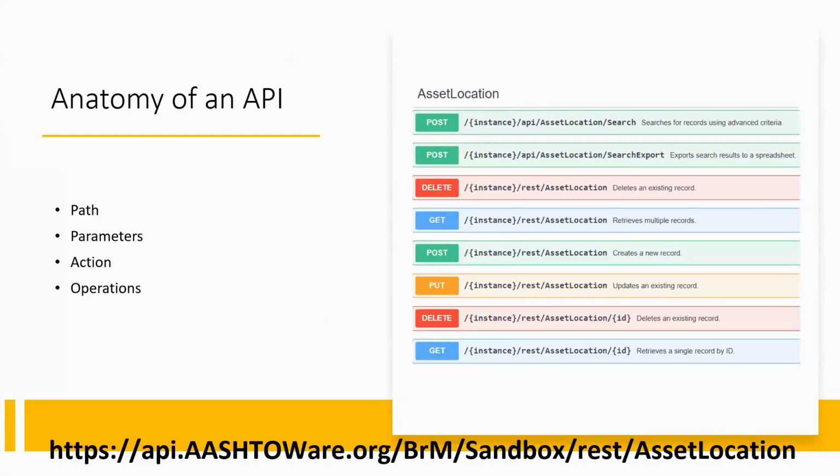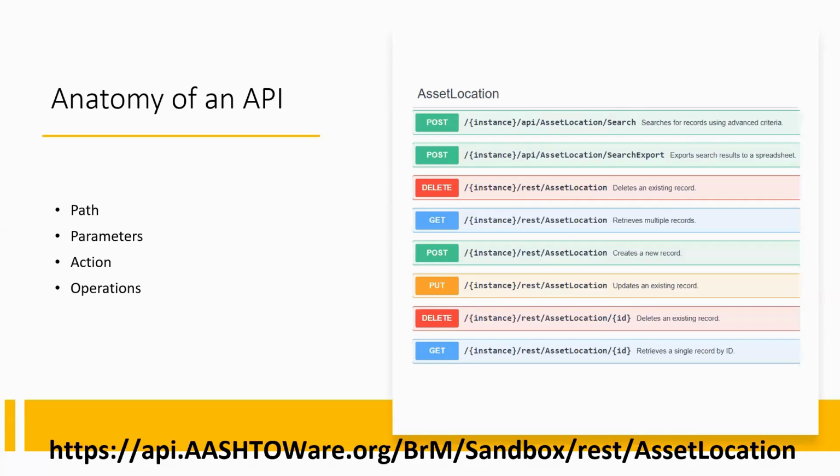So let's very briefly take a look at the anatomy of an API. So again, it does behave very similar to what you would expect for any data-related service. It is delivered over the web. So the first part in looking at the BrM API is to really understand that, the starting points are very similar to what you would see in a web address. Based on those resources, you typically have some input. Those inputs are called parameters. Those parameters are assigned. And then based on a particular action, whether it is data retrieval, data addition, data modification,